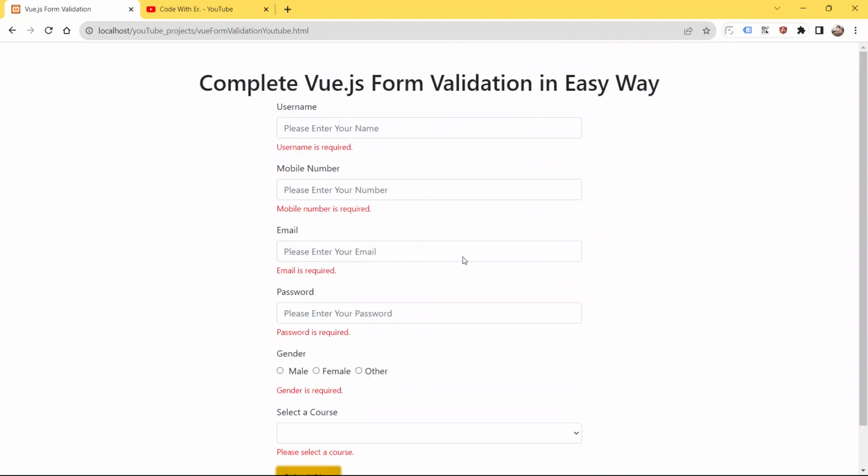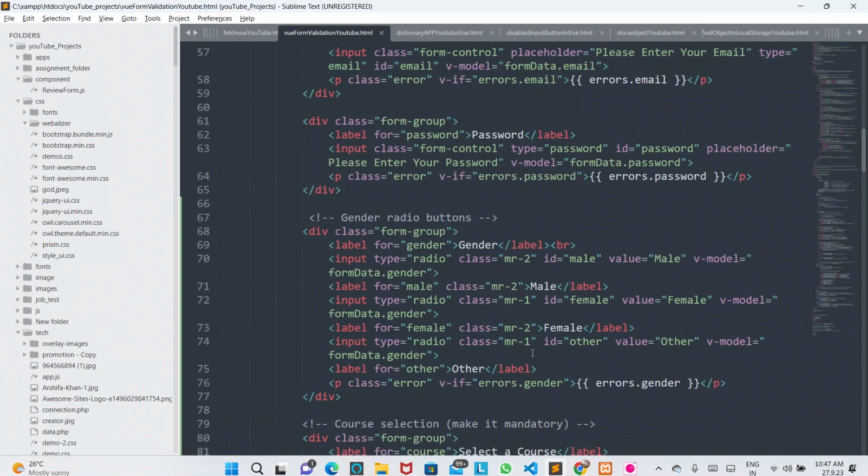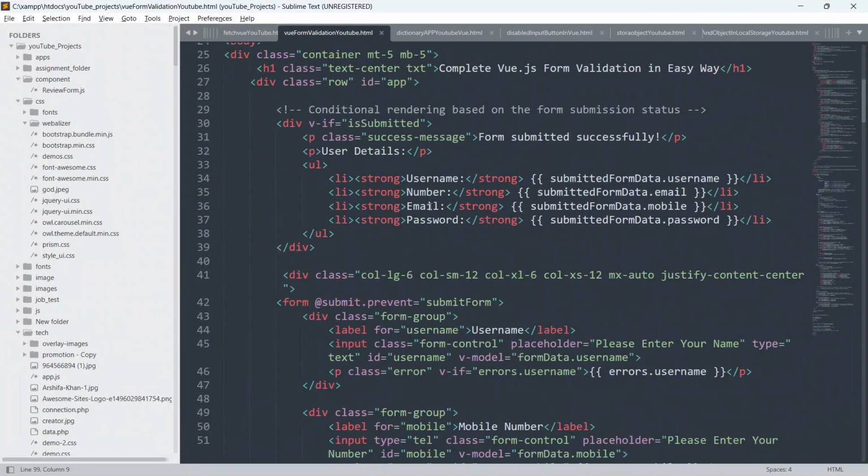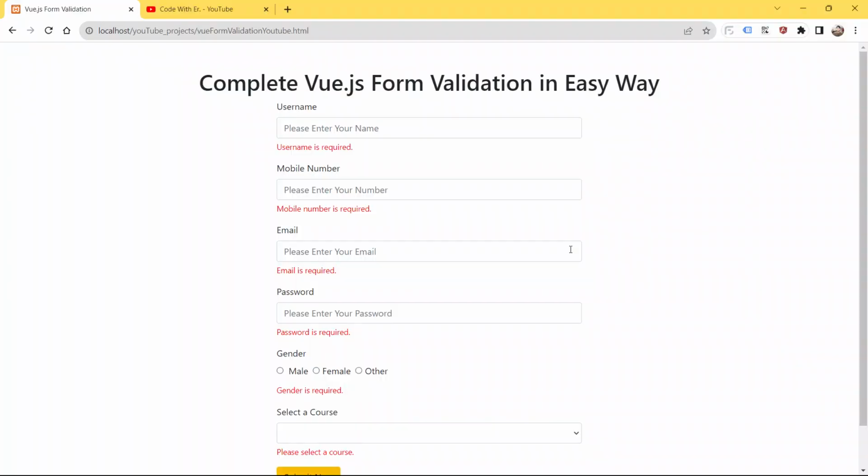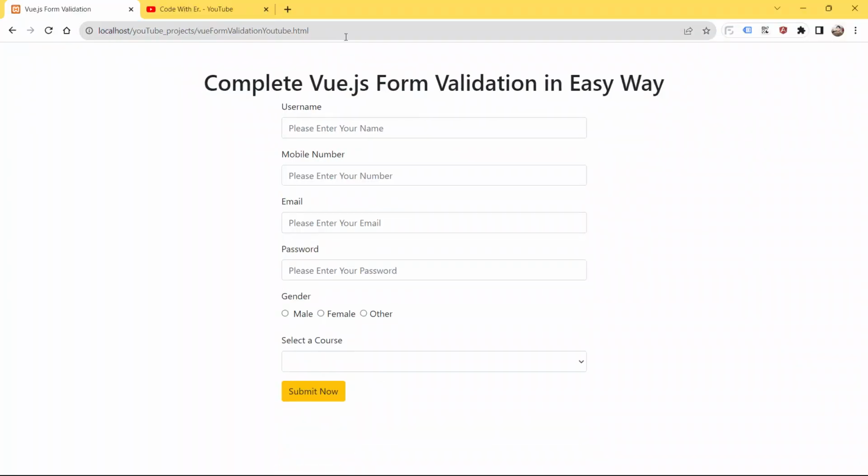So let me just correct one thing guys. So this will be the, okay, put here mobile and put here email. So guys now save your code. Now refresh the page first, and now fill the form first, and then see. So give admin, and give mobile number this, and give email address to this, and give password also.